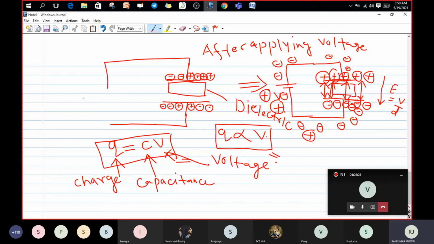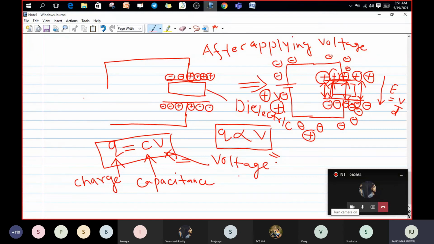Tell me, do it fast. Because if the voltage increases, the charge also increases, sir. Yes, very good. Charge depends on voltage. Yes, all are very correct. Because as much charge as there will be, that much voltage will be there. Okay, guys, because this is nothing but the potential difference only.